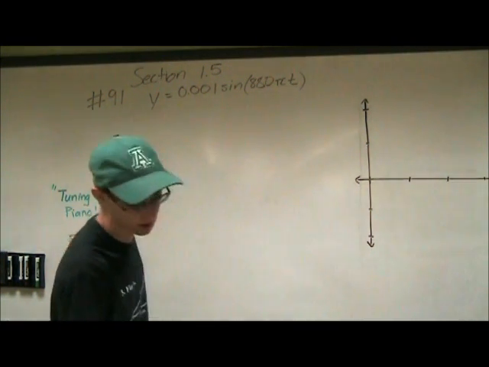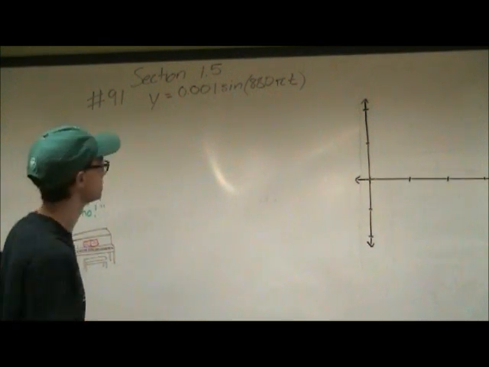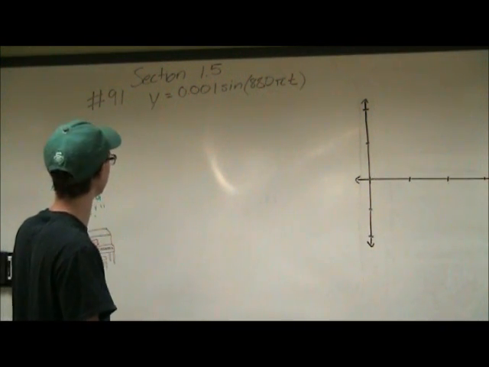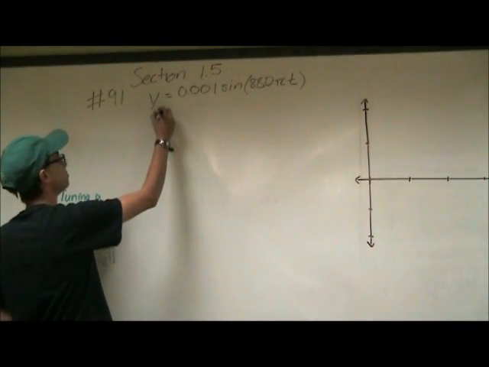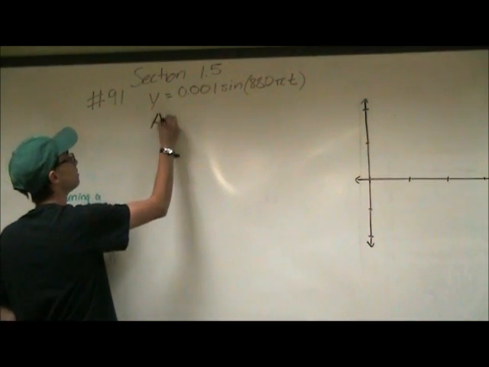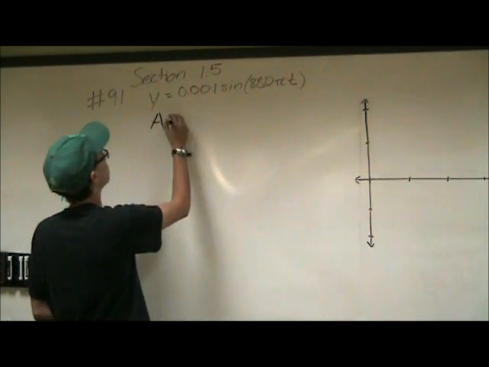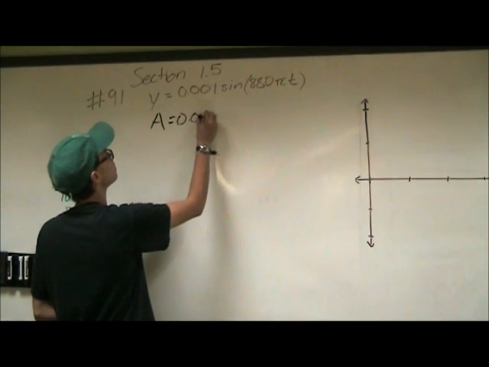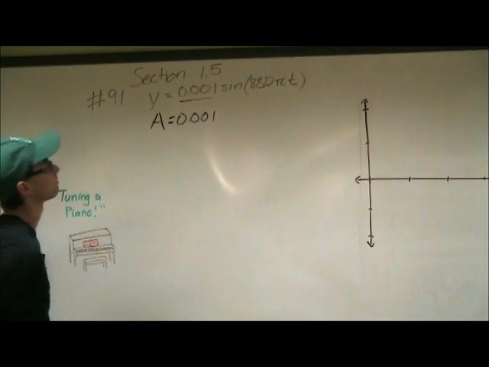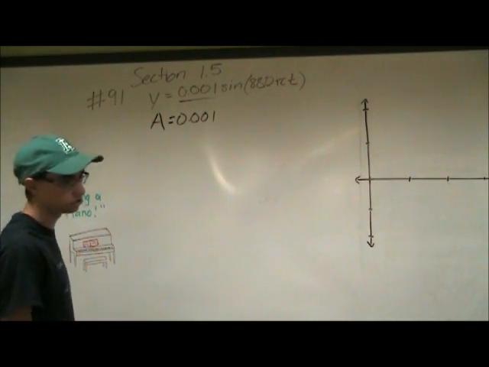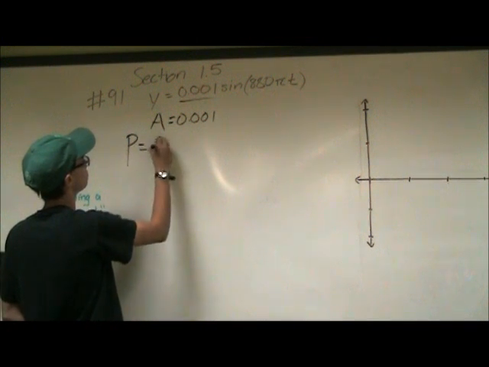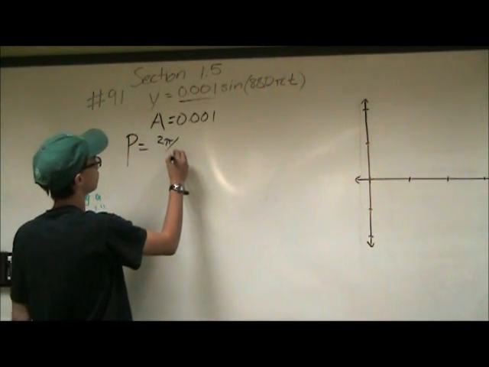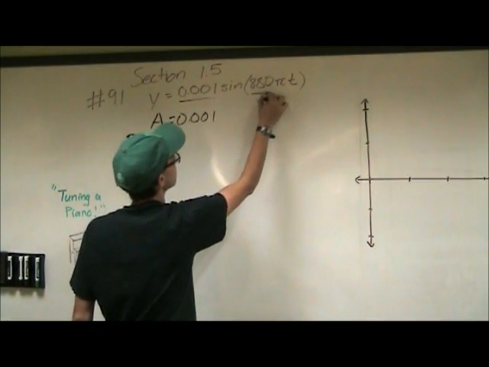the period, which period and frequency are pretty easy. So this is a very simplified problem. First off, we know the amplitude because it's just whatever is in front of sine, which equals 0.001. It's right there, perfect. Period is just P is equal to 2 pi over whatever is inside the parentheses in